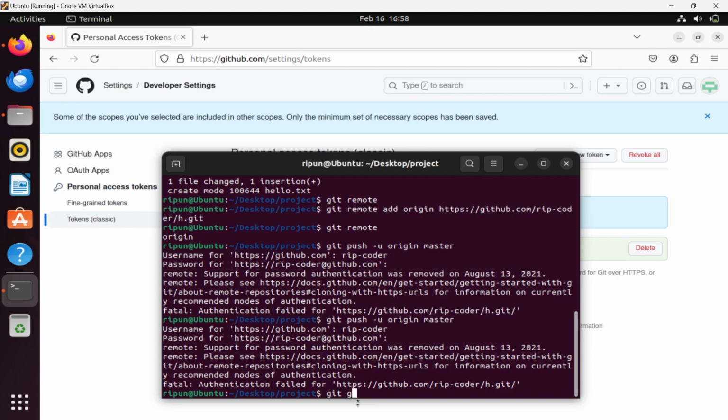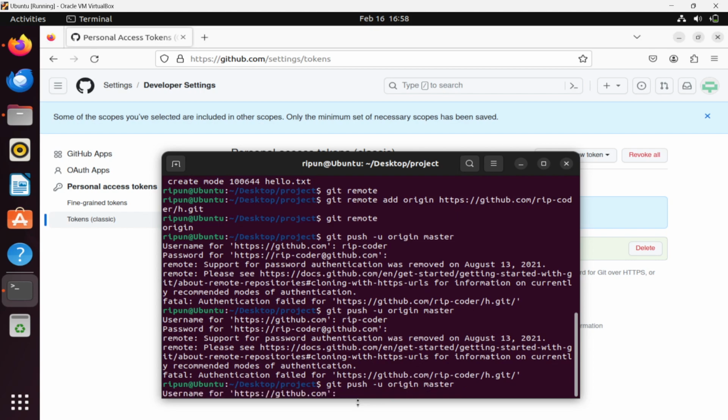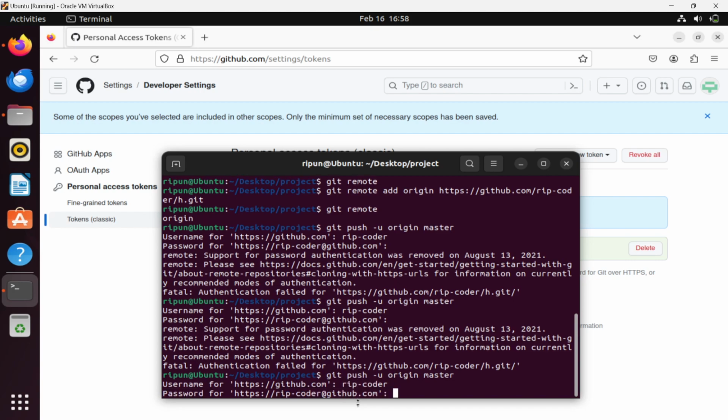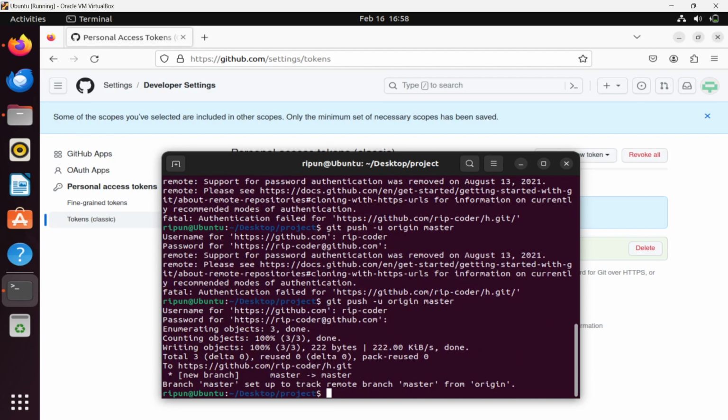So again git push -u origin master, then ripcoder, then here you have to paste your token. So it has been pasted now, then enter. So you can see it has been